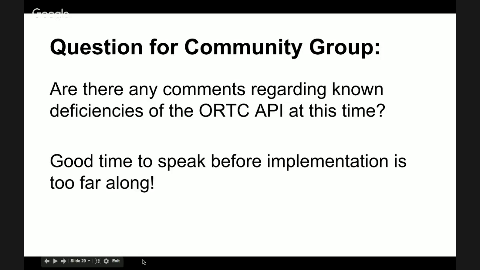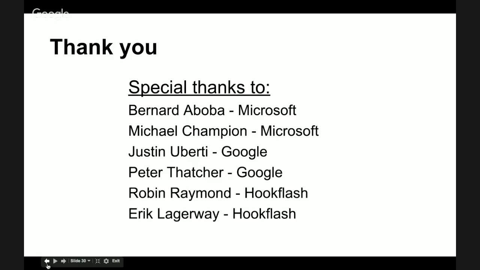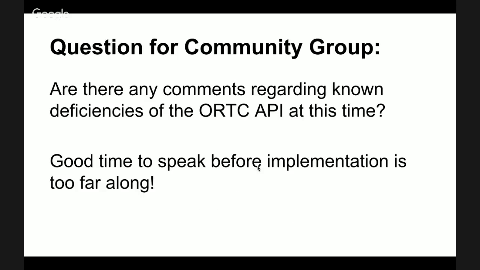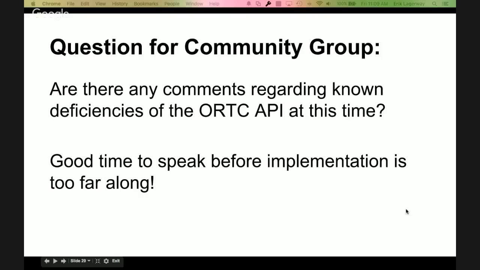I have a comment. So while Philip Henke was working on the SIM to implement peer connection on top of ORTC, he ran into some annoyances with how the ice gatherer works. After talking through that with him and Justin, we came up with a proposal to fix it, and I sent it to the list just before this meeting. The idea is basically to make ice gatherer more like DTLS transport, where you can create some parameters ahead of time and then pass them in the constructor, just like we do with the DTLS certificates. So I don't need to explain it all right now. I'm just letting you know that I posted something on the list.